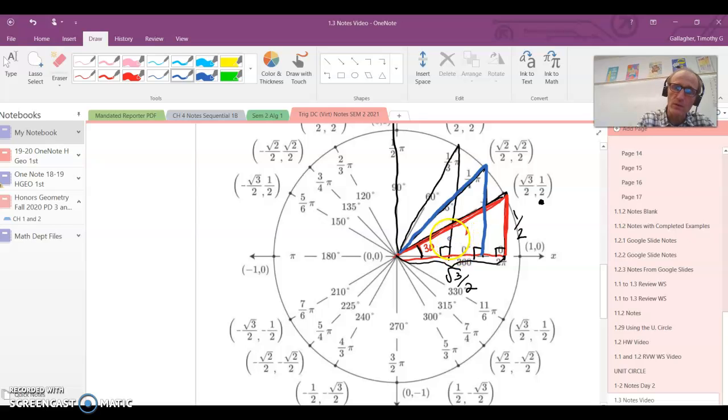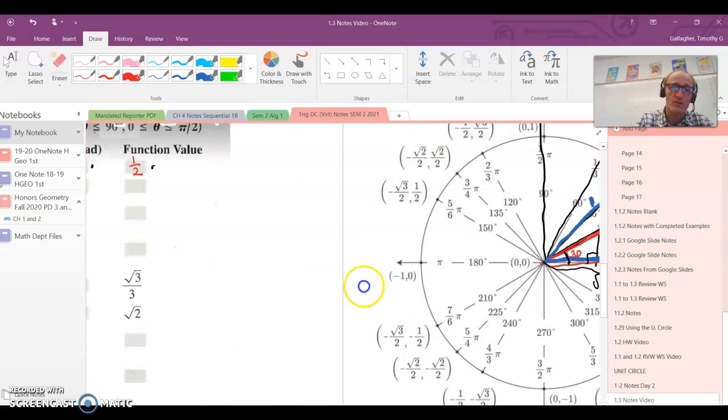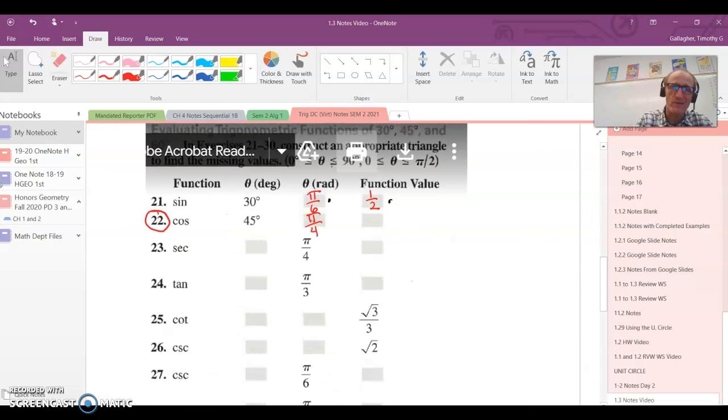So you look at it like this. See, this length here is the square root of 2/2. It's the x value. This length here is also square root of 2/2. It's the y value. And then, of course, the hypotenuse is 1. So since the cosine is adjacent over hypotenuse, right, it's going to be the square root of 2/2 over 1, which is the hypotenuse. All right, so the secant,